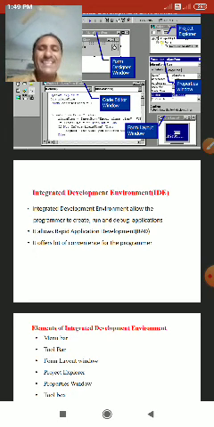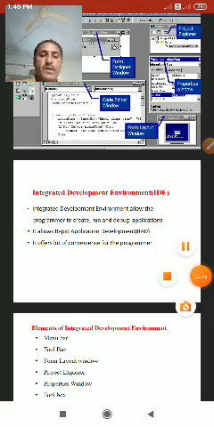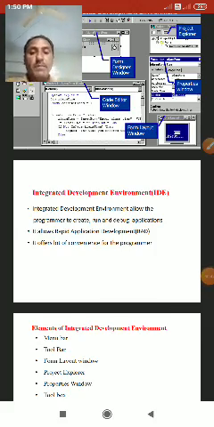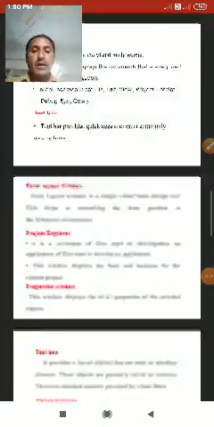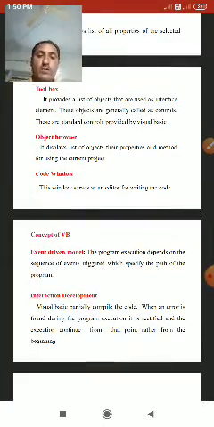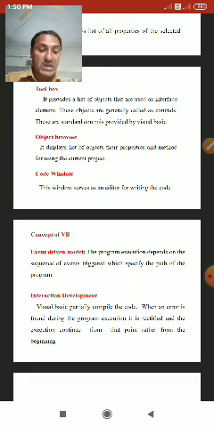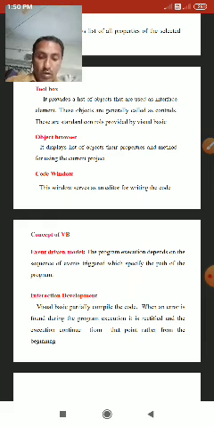Topic: last class discussions about the integrated development environment. Presently we have to take the toolbox. Then, in the last class, horizontal and vertical. Horizontal or vertical. A control box,